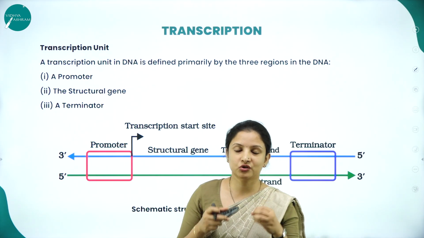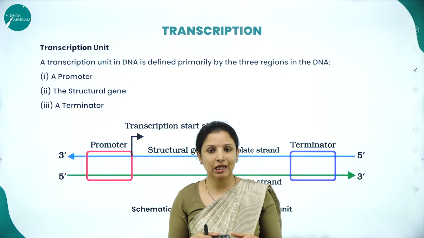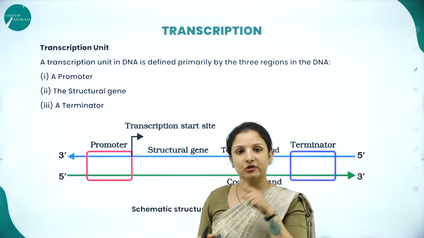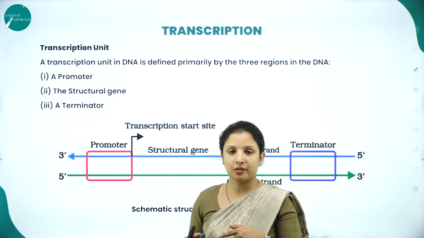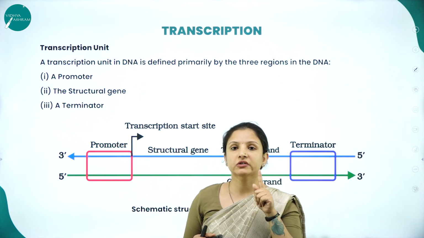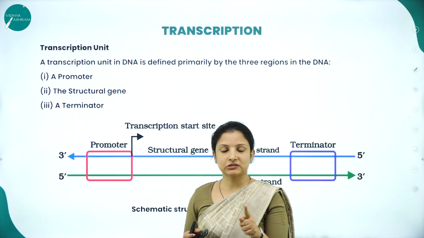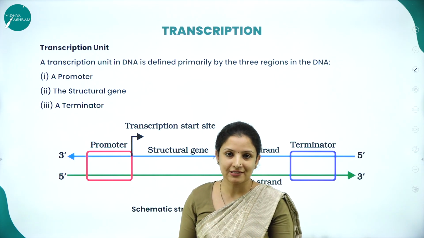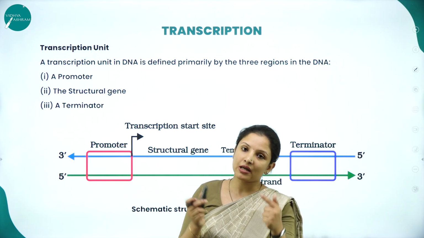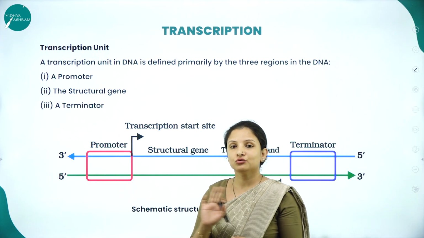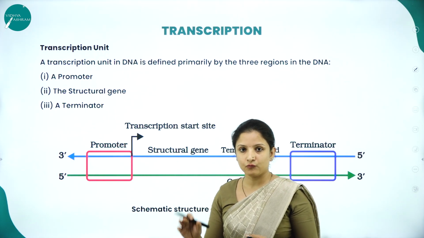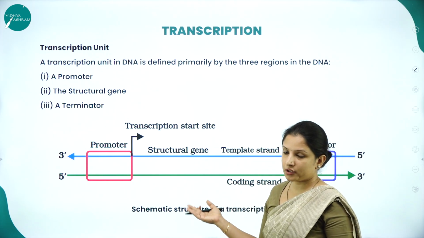Out of the two strands present in the DNA, one which runs from the 5' to the 3' direction and the other which runs from the 3' to the 5' direction, only one strand, the template or parental strand, will be involved in the process of transcription, wherein a complementary mRNA strand will be produced to that one particular strand, whereas the two strands will not be involved simultaneously. And why is it so? I have already told you.